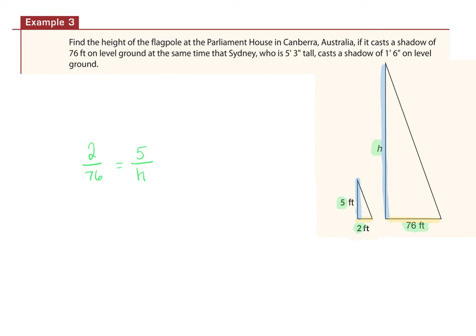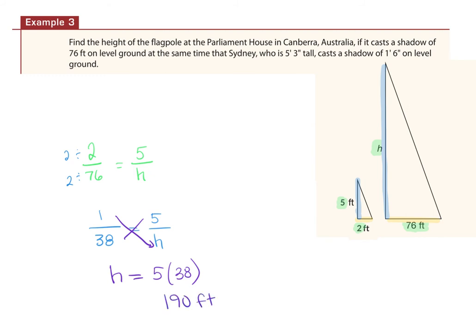Now, once again, I can reduce, can't I? 2 and 76 are both divisible by what? 2. So I can change this to 1 over 38, hopefully. All right, what's nice about this is if I reduce it to 1 over something, I'm not going to even have to divide. 1 times h is just h. H is going to equal 5 times 38, right? Which was what, 190? Yes. 150 plus 40. All right, so 190 feet is how tall we are saying that particular flagpole is,